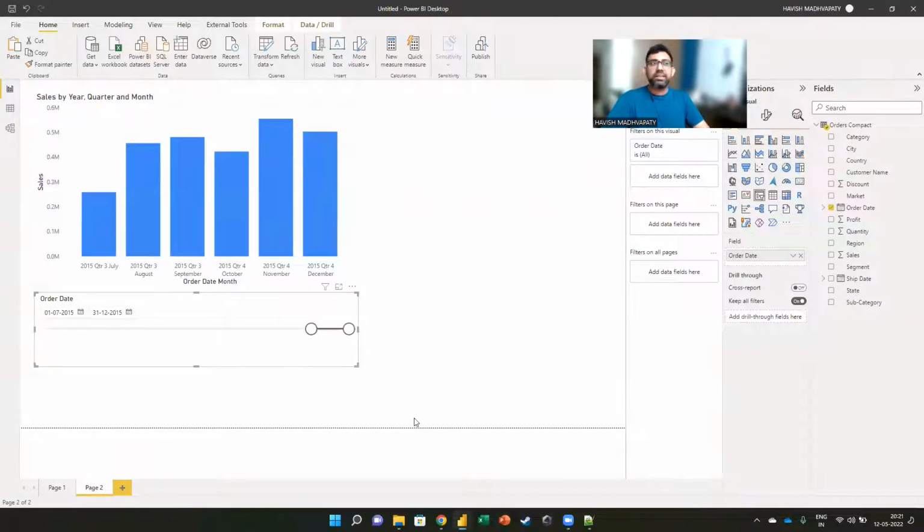Now this is something which, more or less, you can do even in Excel. You can make a timeline. But now I'll show you something you cannot do in Excel, which is to ask Power BI to give you an insight as to why the sales declined from November to December. You can all see there was a decrease. I would like to know why that decrease has happened, right?